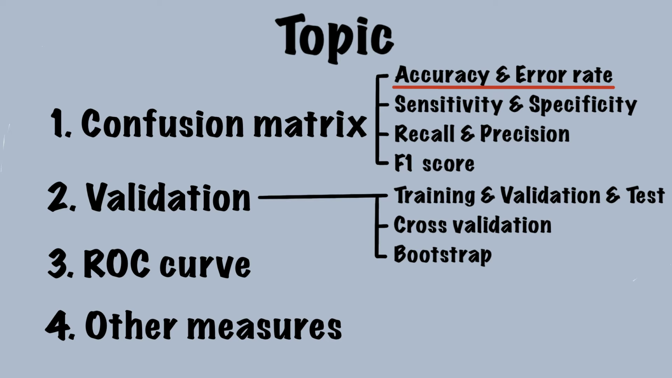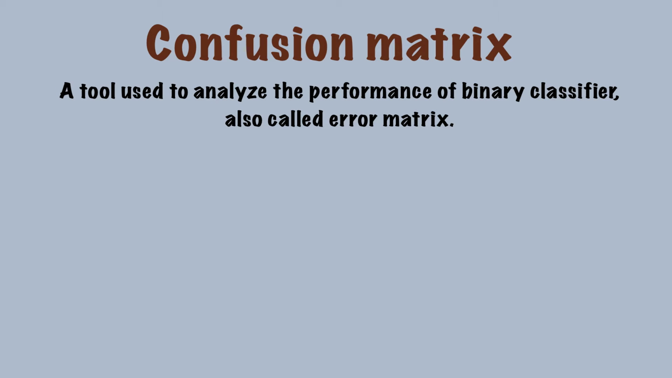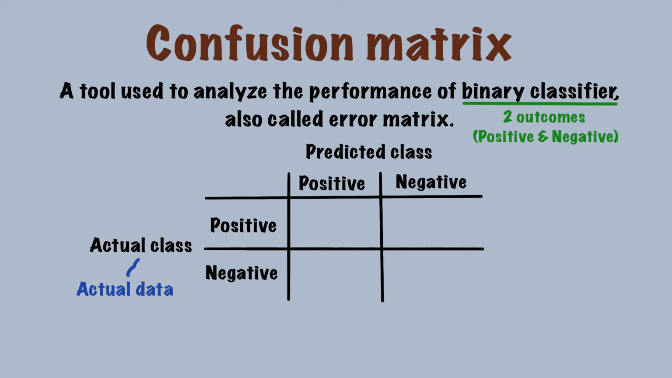rate in confusion matrix. To begin with, confusion matrix is a tool used to analyze the performance of binary classifier, and it's also called error matrix. By binary classifier, we mean the classifier that predicts two and only two outcomes, and the outcomes are typically denoted as positive and negative. The basic structure of confusion matrix looks like this. The rows represent the actual classes. In other words, it's the actual data we collect, and the columns represent the predicted class by the model we